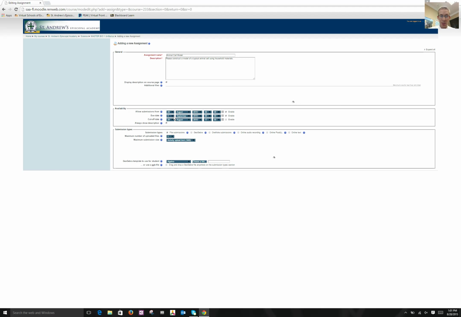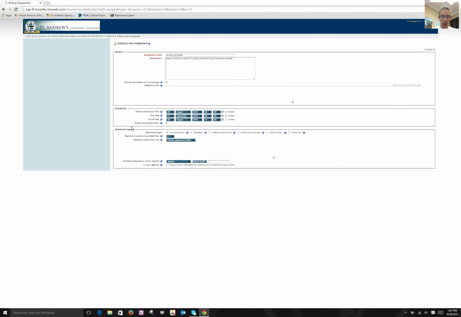And so you can actually even set the actual time of day when something will be due. You can set time windows when the assignment will be accessible from. So things like that, all in this availability section. Okay. Down directly below that, you'll see there are settings that you can mess with for how assignments will be